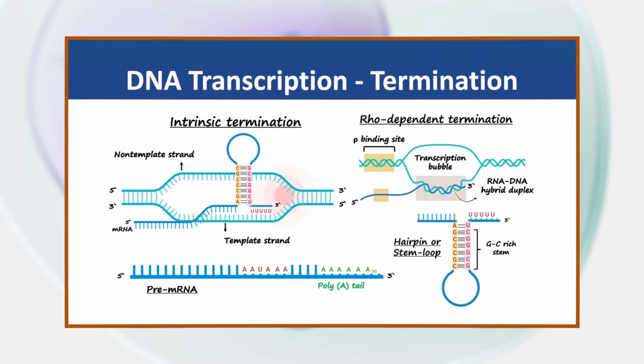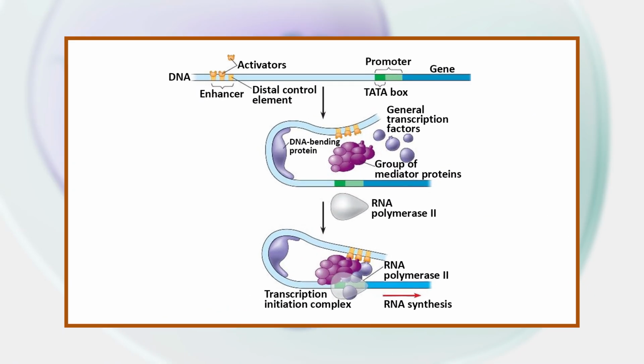Now let us discuss the termination step. Sequences called terminators signal that the RNA transcript is complete. Once they are transcribed, they cause the transcript to be released from the RNA polymerase enzyme. The three steps involved are accomplished via the interaction of a variety of proteins called transcription factors that provide the recognition step, guiding the polymerase to the correct site.